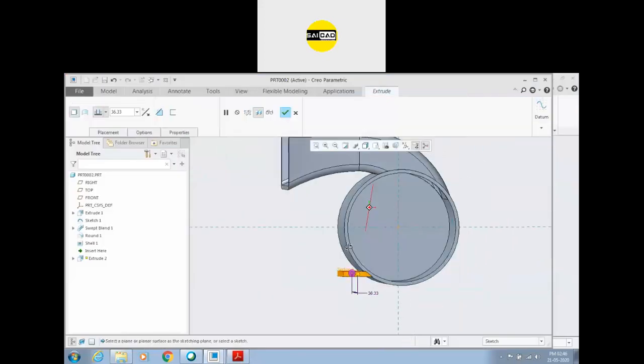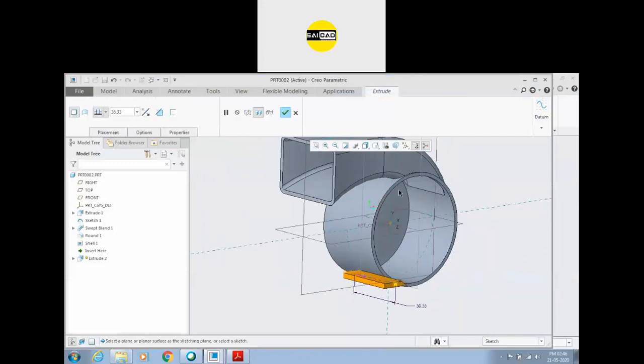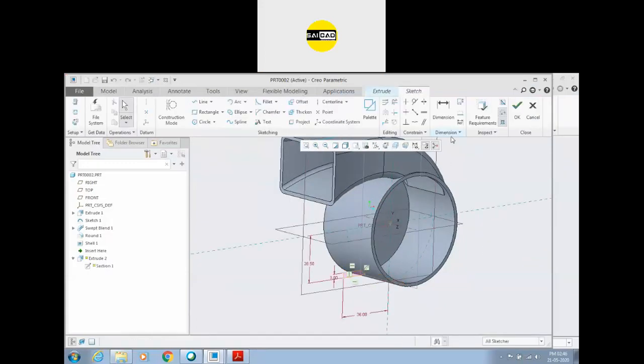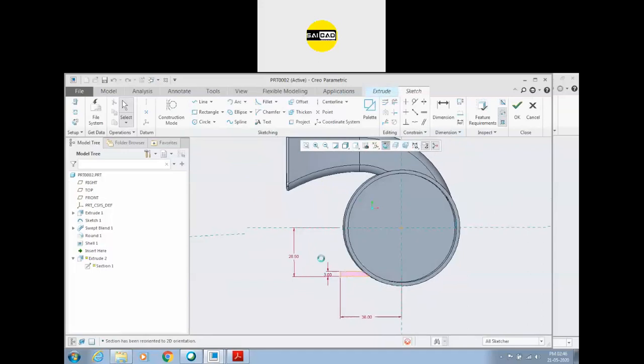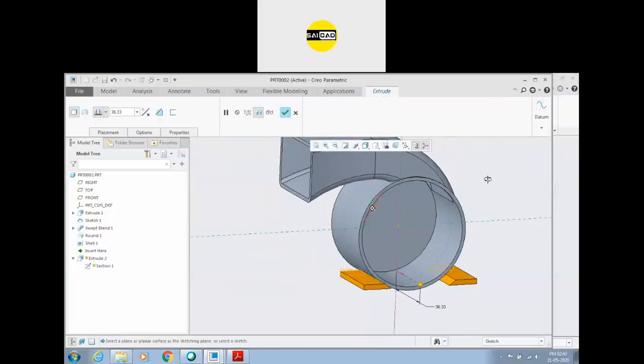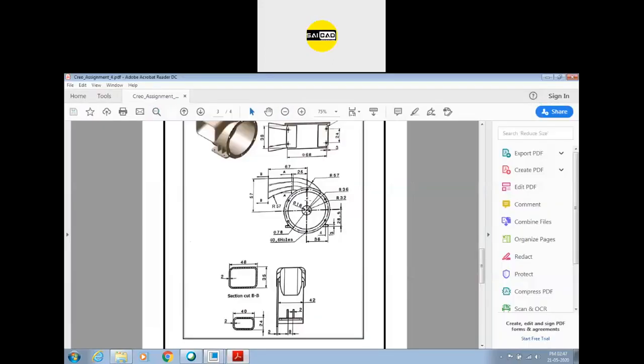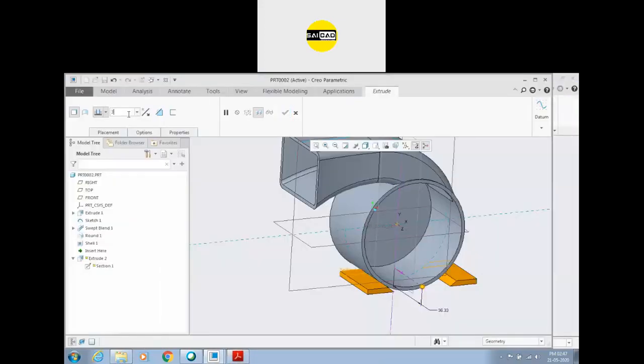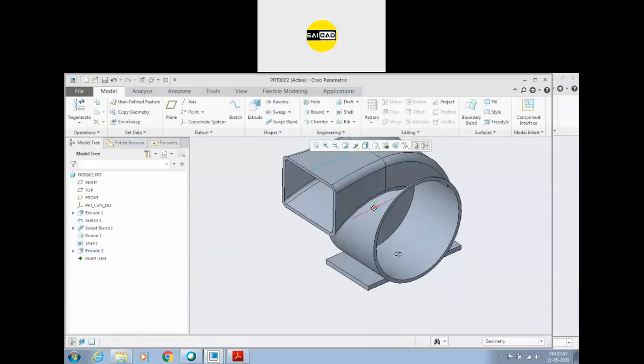So this is the shape complete. You can mirror it inside. Just define the center line, select, go to the mirror, define, click OK, and how much thickness you need? Thickness is 38, defined here, 38, and use the mirror command, click OK.